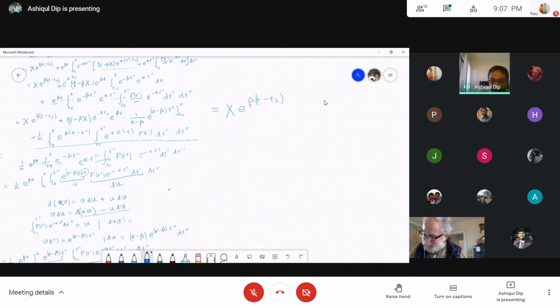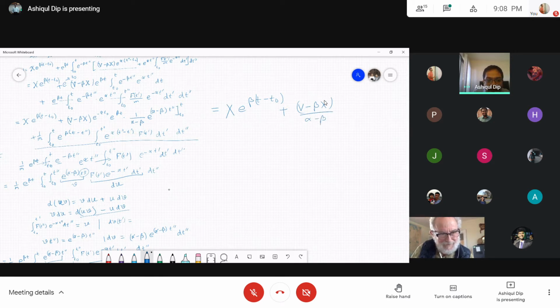So for upper limit and for lower limit we have two different results, right? So plus, oops, we have to write two different things. So what can be factored out? So v minus beta big X, this can be factored out, divided by alpha minus beta can be factored out,